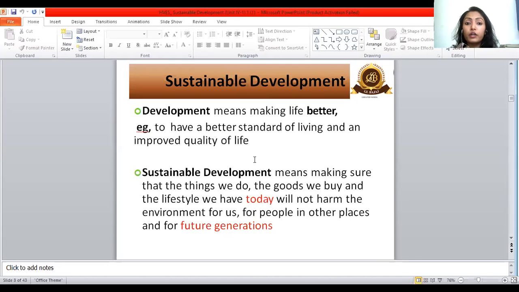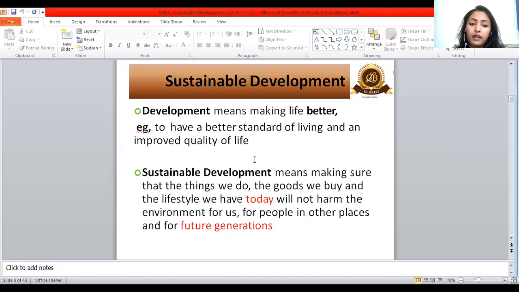Also, if you talk about the quality of life, someone feels like if they have all the materialistic things in their life, that means their quality of life has increased. And maybe some people perceive that they are leading a healthy life, they are including yoga, exercises and workouts in their life, that means they are leading a quality life. Or if people around them in society are connected to them, they feel more acceptable in society, that means they are leading a quality life. So the meaning of development is different for different people based on their perception.